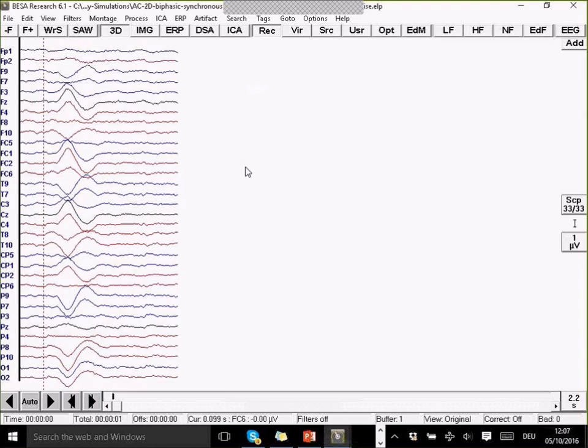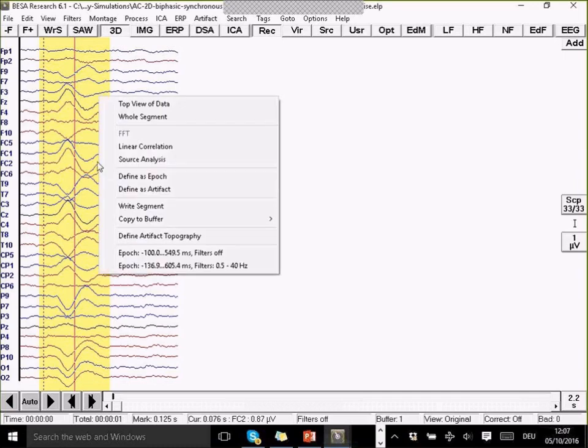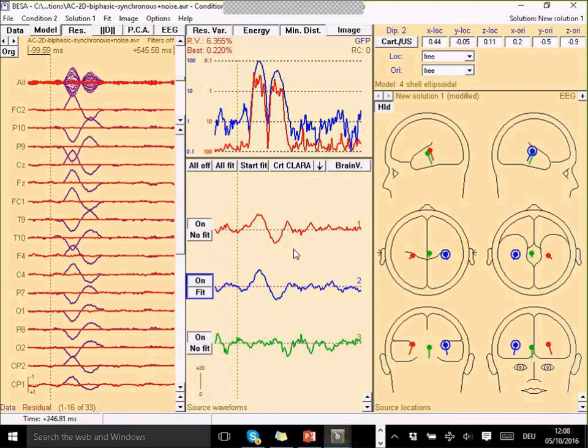So let's now use this data set and do source analysis on this one. If I again drag and right click over this, I can now see at the bottom that my last chosen epoch and filter settings have been recorded and are available here. I can click on that, and now I can upload the same segment only with the noisy data to the